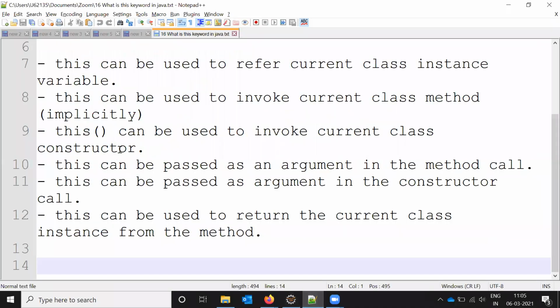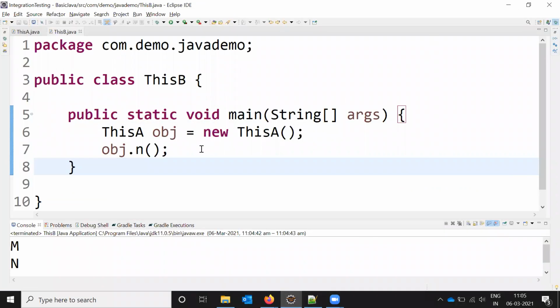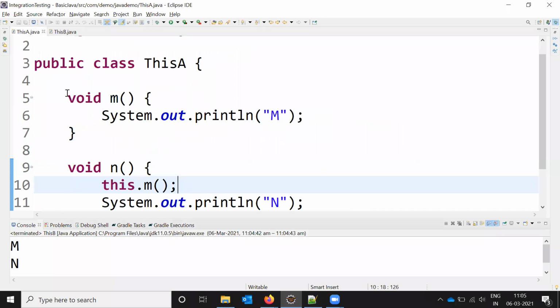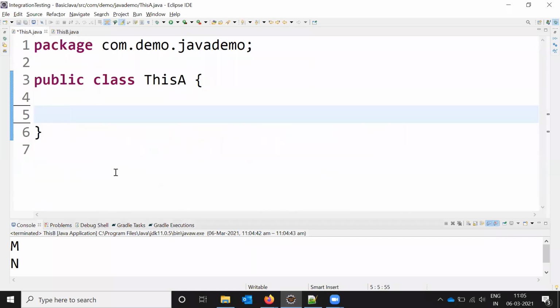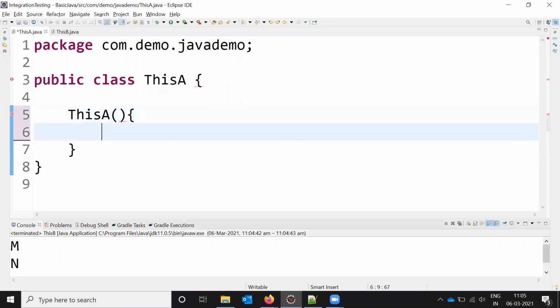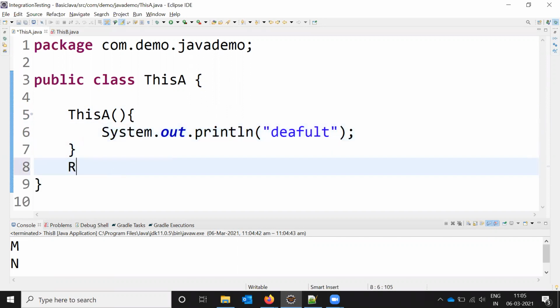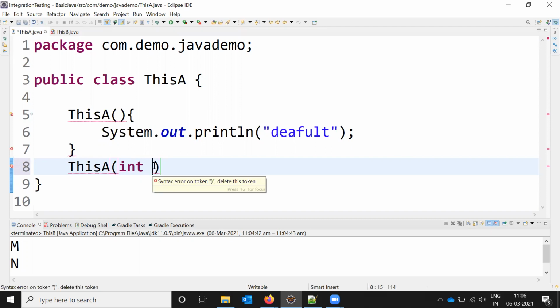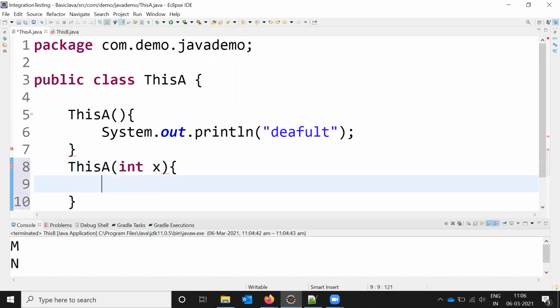Now third is invoking the current class constructor. We need to use this keyword in the current class constructor. Here I'm going to create a default constructor, A. I'm going to use the default only, and the second one is A, where I pass int x, some value, and I'm going to print the x value.